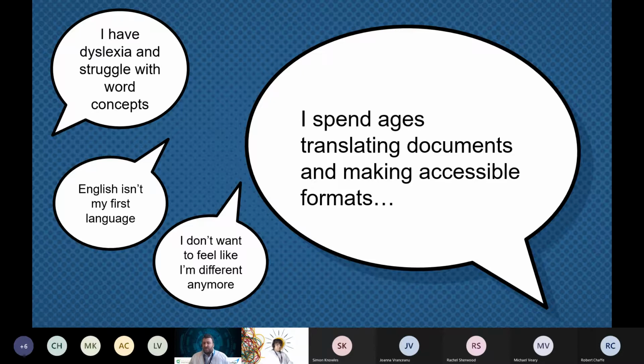So as we look through that, these are some of the kind of challenges that exist in teaching that this product can solve. So this is where maybe I spend ages as a teacher translating documents into different languages. Maybe I've got multilingual classes, or maybe I'm teaching a language itself, and that translation piece can be time consuming. Also, maybe I have to make alternate formats available. So again, slightly embarrassing, but where you're having to print things out on different colored paper,